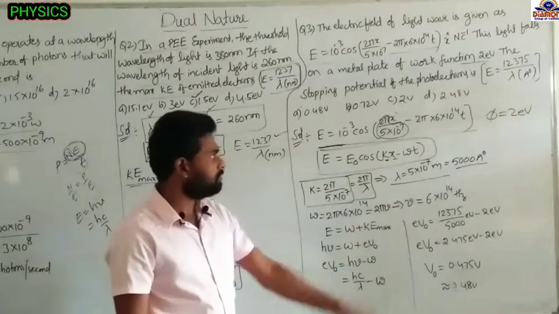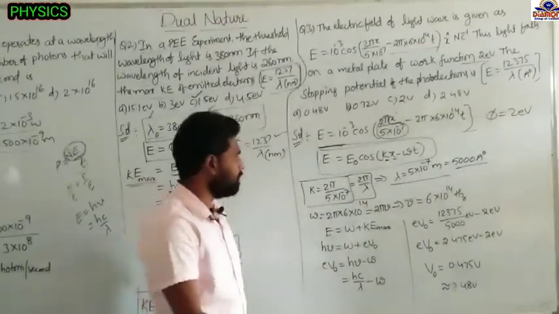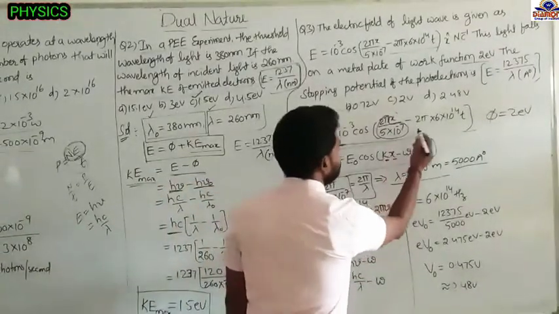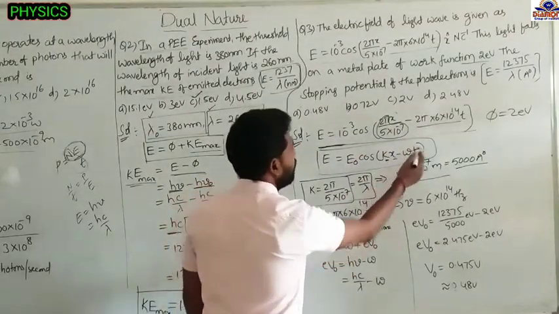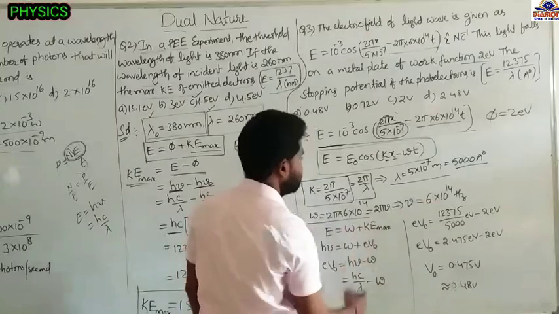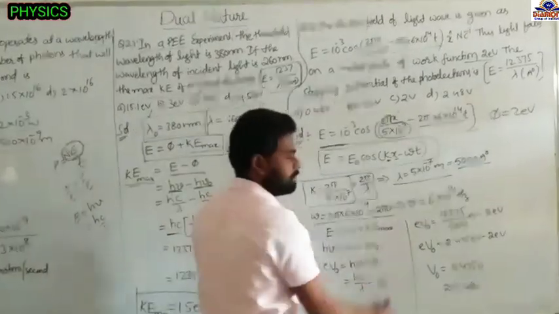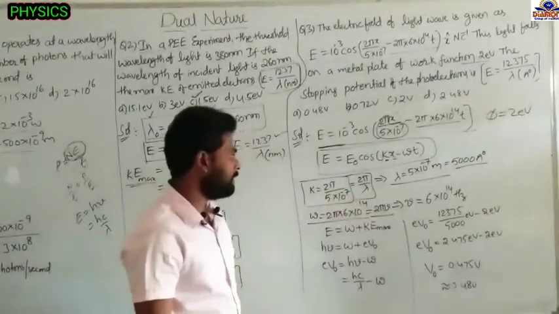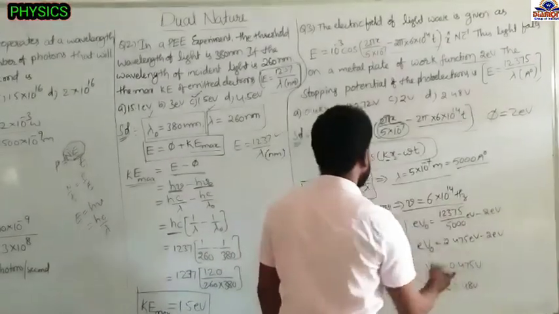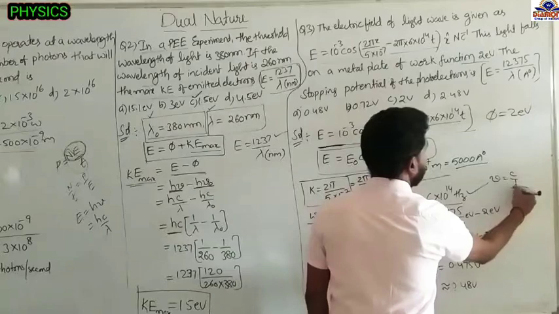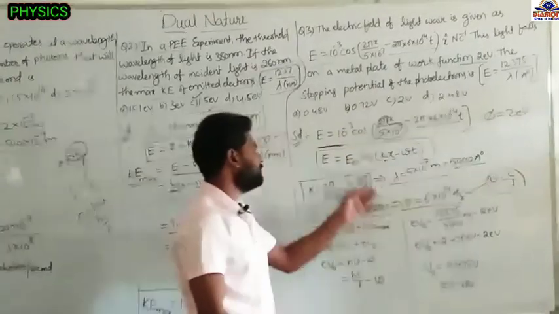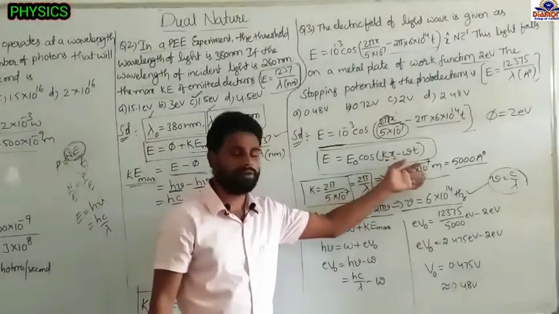But suppose if you want the frequency, we can find the frequency also from this data. See now, omega t, the omega value they have given is 2 pi into 6 into 10 power 14. Omega is nothing but 2 pi mu. 2 pi will be cancelled, so we get mu. From this also we can get the lambda value, since mu equals c by lambda. But we easily get it from this, so follow this one only.